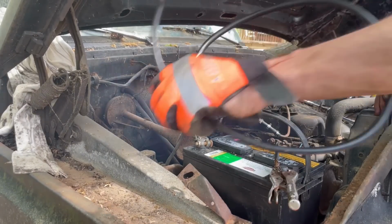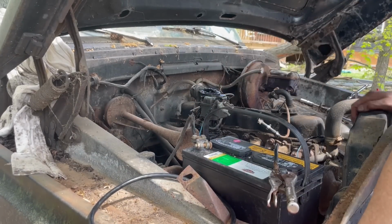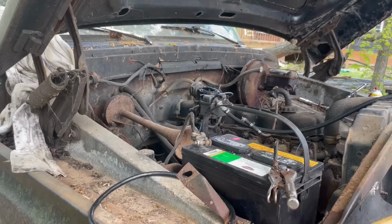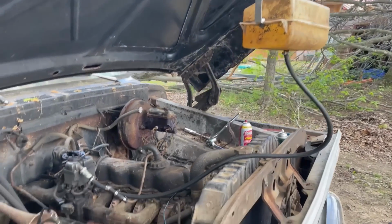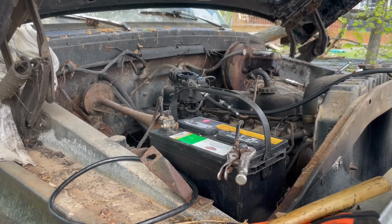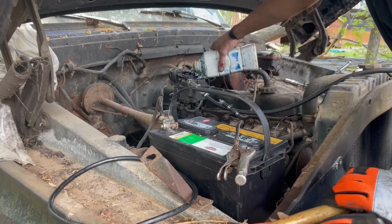Yeah. So it was the points. They were just super dirty, and I couldn't get them clean. I'm going to hook up a fuel supply next, see if we can get this thing to run a little bit longer. All right, got my fuel supply hooked up. Let's see what's wrong with the carb. See if anything's stuck or whatever. I'm going to put as much fuel as I can in the bowl